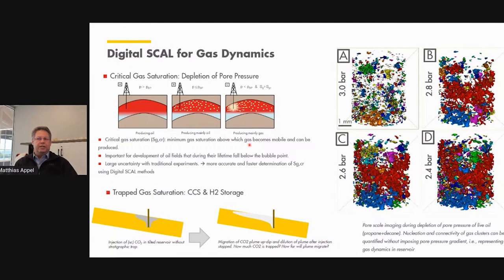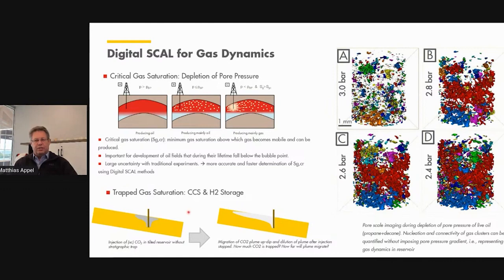But if you have a pressure gradient, you're already creating a gradient in the bubble point, or a gradient of the distance of the pressure to the bubble point of the sample, and therefore, basically you are affecting the measurement itself. Another application is what's called the trapped gas saturation, and it has a huge impact on carbon capture storage